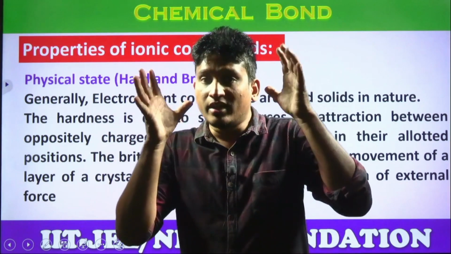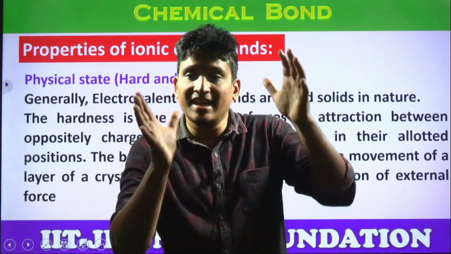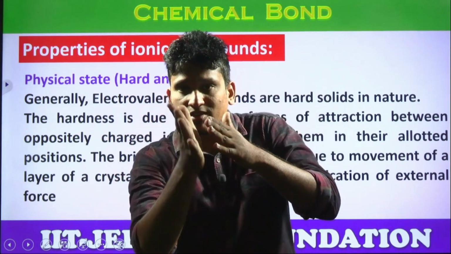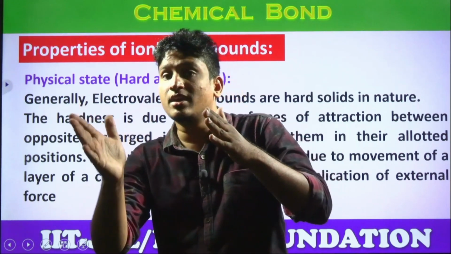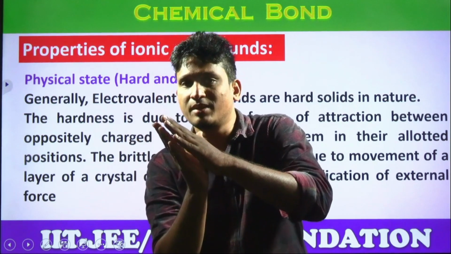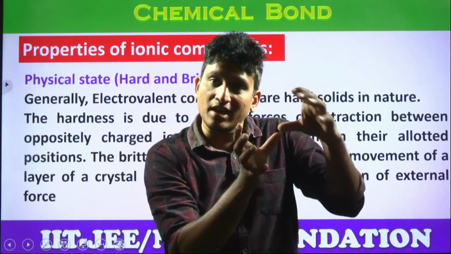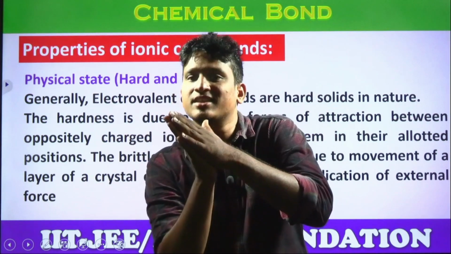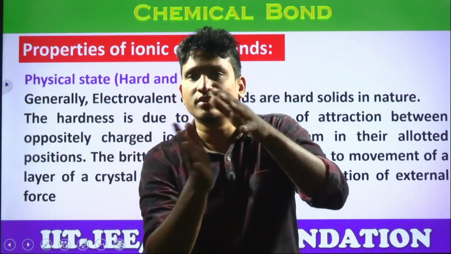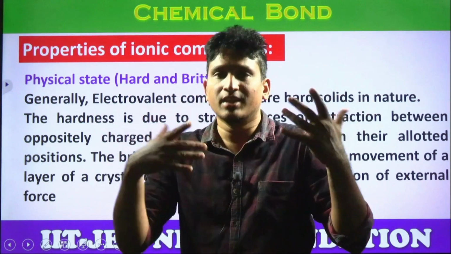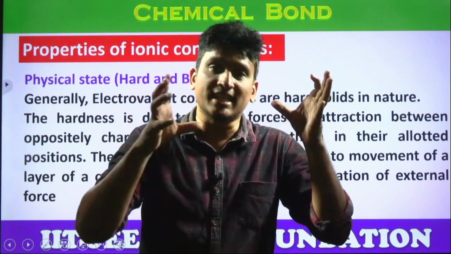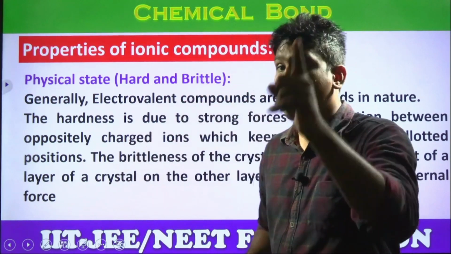But all these ions are arranged in a crystal lattice, the layers of crystals. Between layer and layer, if the terminal ions are positive and the terminal ions of the other layer are also positive, what happens? Repel. If they repel, it can easily break. This crystal is very hard, but layers of crystals are easily brittle. Because if the same ions, positive or negative, are the terminal ions, repulsions will be more. Yes or no? That's why they are brittle in nature, while the crystal lattice itself is a very hard substance.